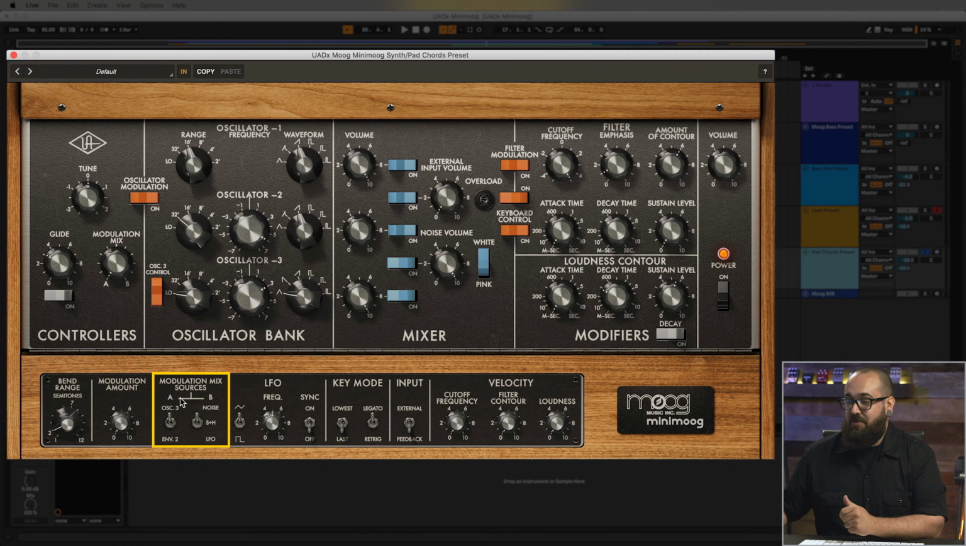Nice, so that sounded pretty cool, but now I want to add some movement to it. It's a little bit static right now. And I'm going to do this by modulating the cutoff frequency of the filter using the LFO. So let's come down to the modulation matrix. I'm going to set the modulation B source to LFO, and I'm going to turn the modulation mix knob all